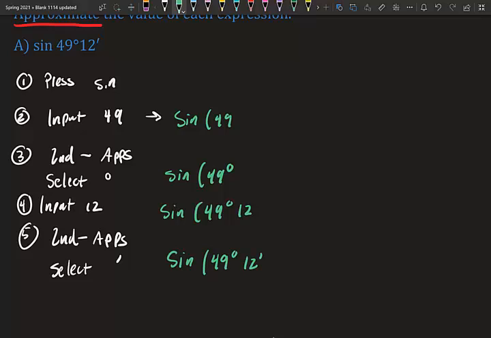You don't have to close it out, but get into the habit of closing it out just in case we have anything to the left or to the right. So close it out. And then our last step is to hit enter. After you hit enter, you should get sine 49 degrees, 12 minutes to be approximately